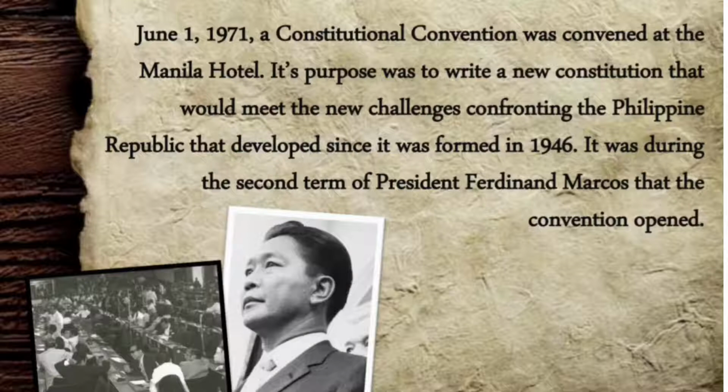So almost immediately, the convention became controversial. The delegates concentrated more on speeches and giving themselves allowances before actually sitting down to discuss the provisions of the new constitution. Meanwhile, the peace and order situation brought about by the First Quarter Storm deteriorated, with student rallies and other protests rocking the metropolis.